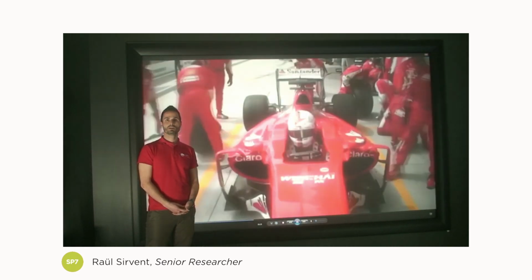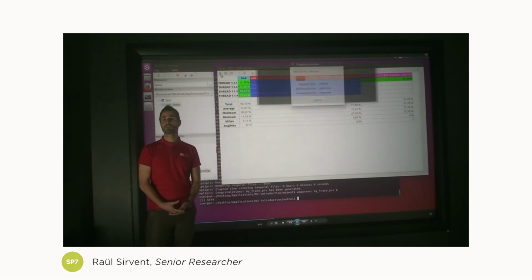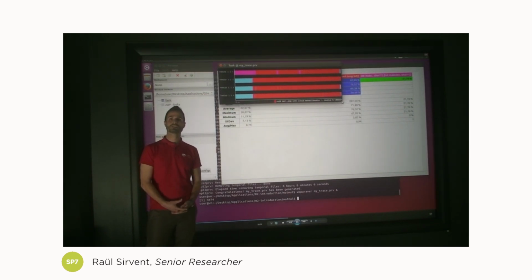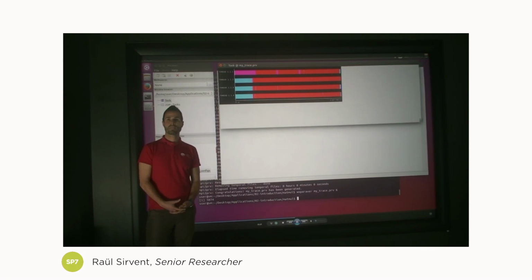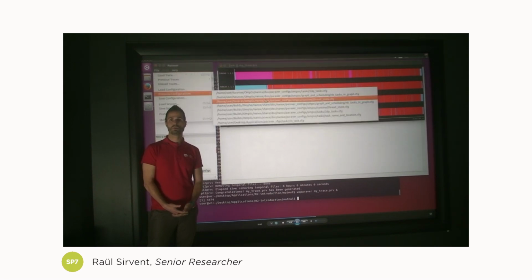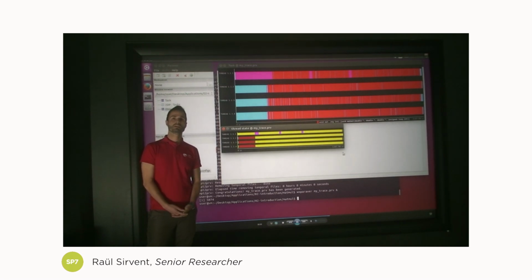At BSC, we provide two tools in the HPC platform of the Human Brain Project that achieve something very similar, in this case for HPC applications. The first one is Extrae, which is some sort of insertion of sensors in this HPC application. And the second one is Paraver, which allows the developer to see if the application has performed correctly when it has been executed in the infrastructure.